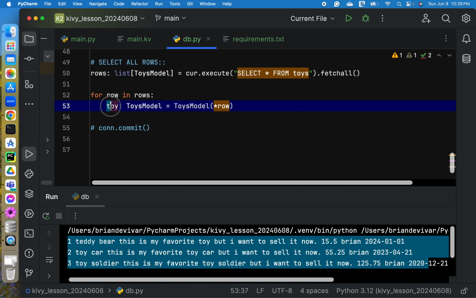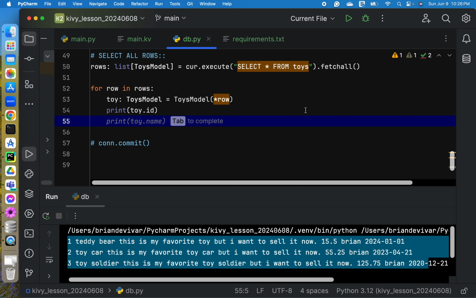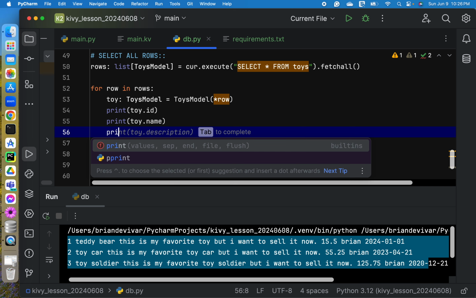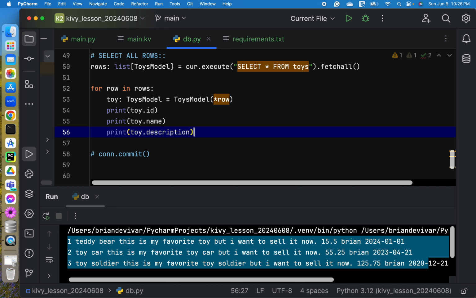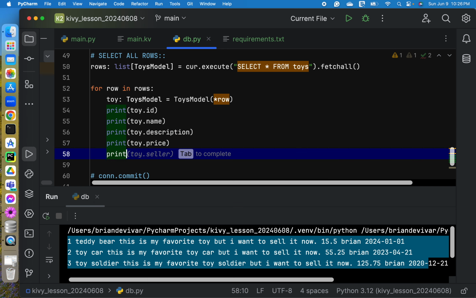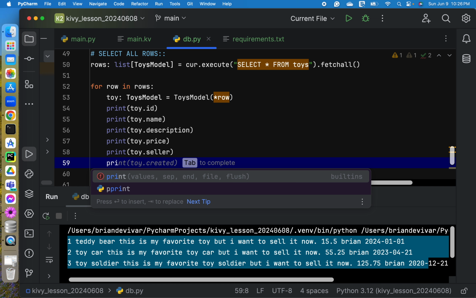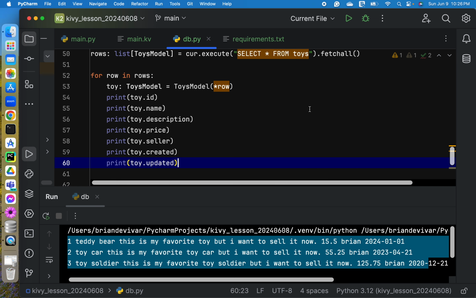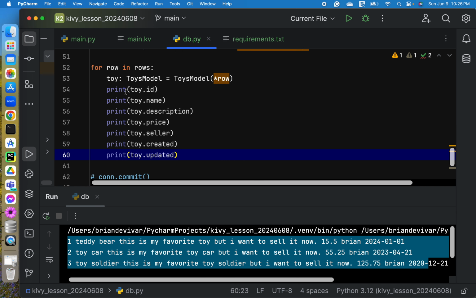Now we have here the toy variable. Now to display, it's as easy as a normal object. Okay, so this is much better.